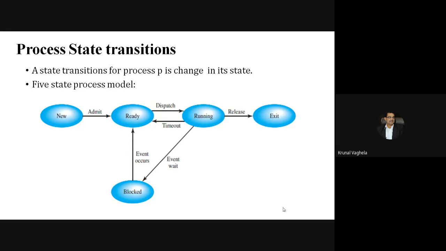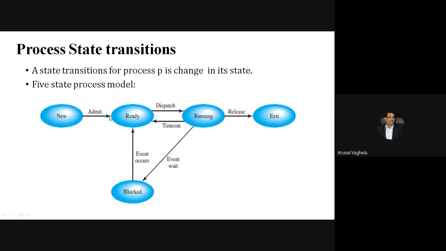We will also see the 6-state diagram. So let me give you a simple example. Consider you have written a C program, right? I'm talking not about a 10-20 line C program, but a huge C program, 2,000, 3,000, 4,000 lines of C. When you have written the program and pressed the execute button, that means your program is ready to run. So when you are creating a new program, it is in the new state.